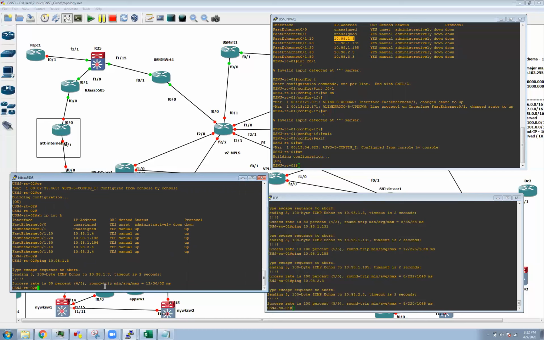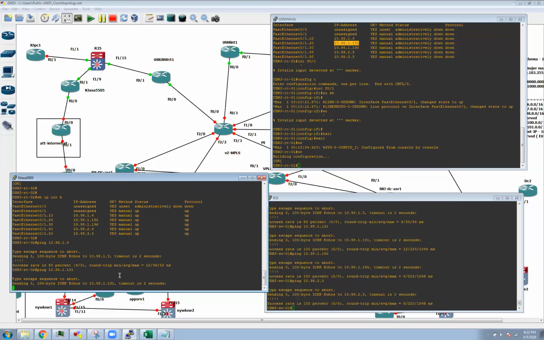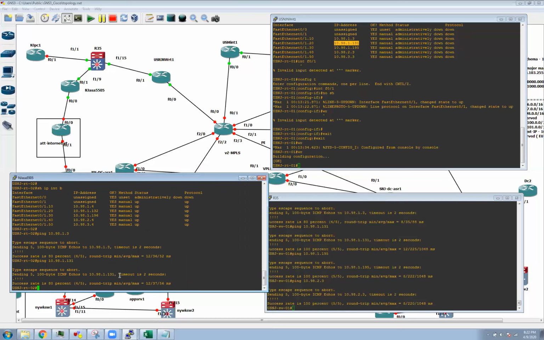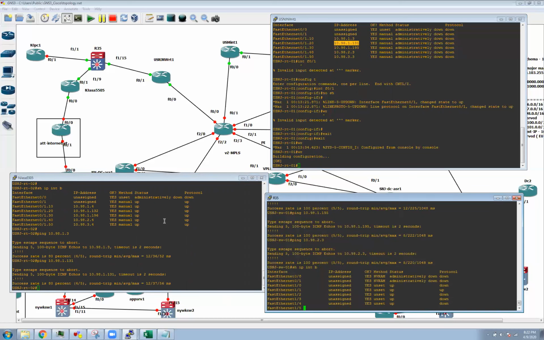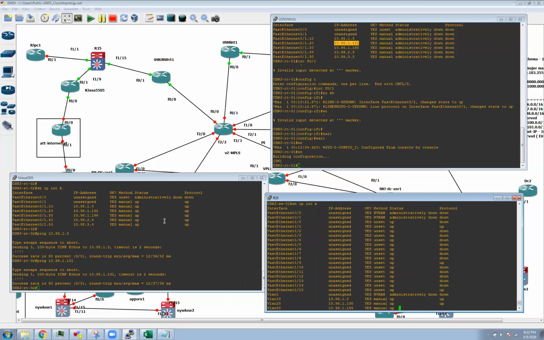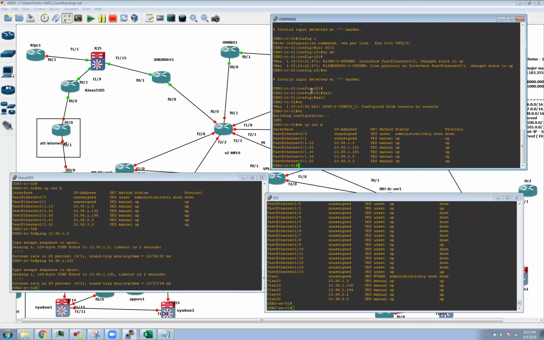okay, so that's good. So let me try another VLAN in here. Okay, that's good. So now that is the switch here. Show IP interface brief. Okay, so now same thing in here. Show IP interface brief. Okay, see we have a 3, and then we have a 2, and then we have a 4 in here,